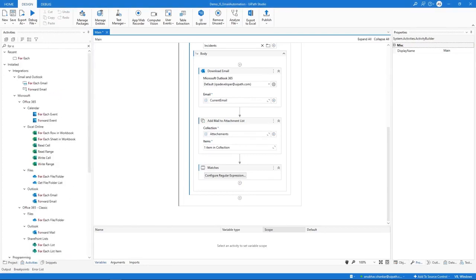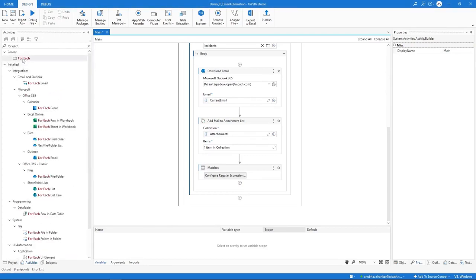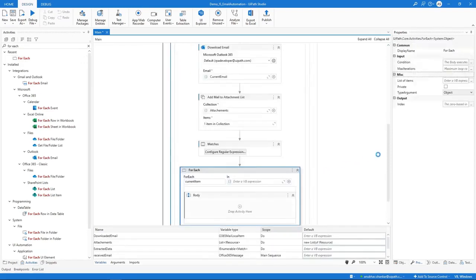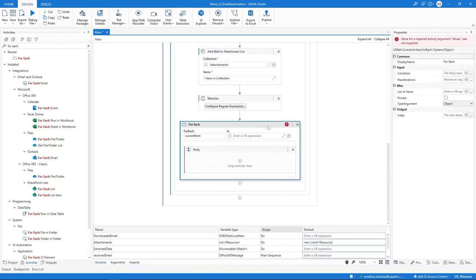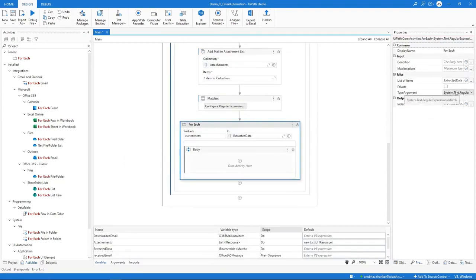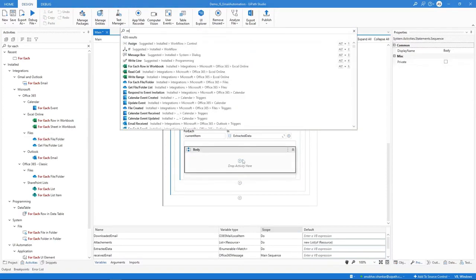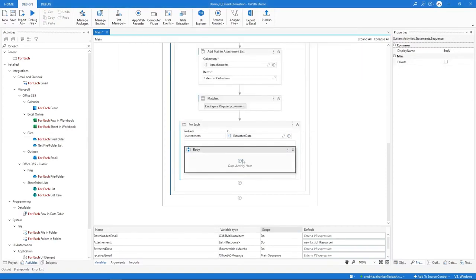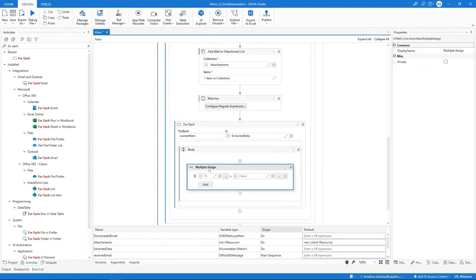Now, to read through the stored extracted content, we'll add a For Each activity. And in the In field, we'll indicate the extracted data variable by clicking the plus menu icon. If we look in the Properties panel, we can see that the Type Argument field gets automatically populated with the right type, namely system.text.regularexpressions.match. Next, in the body container of the For Each activity, let's add a multiple assign activity and rename our